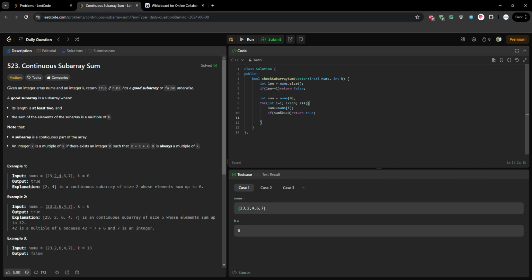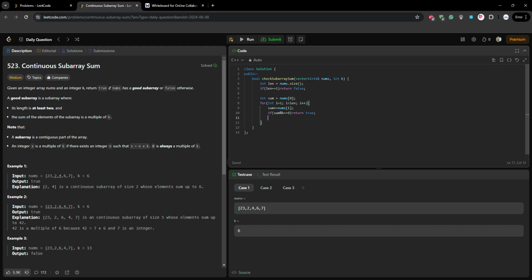If it is not the case, we are going to check whether there exists a subarray from index 0 till index i minus 2 which has remainder same as sum.